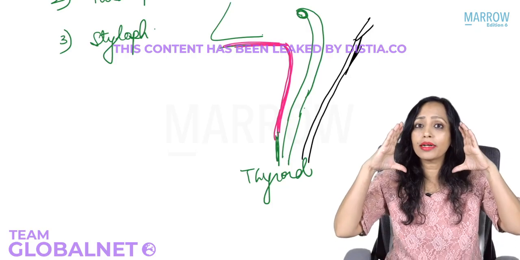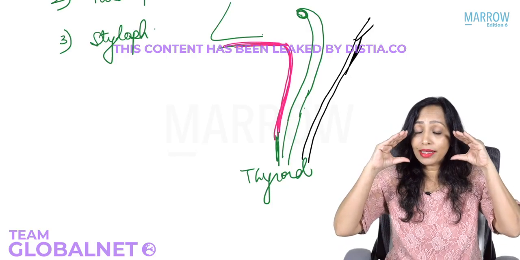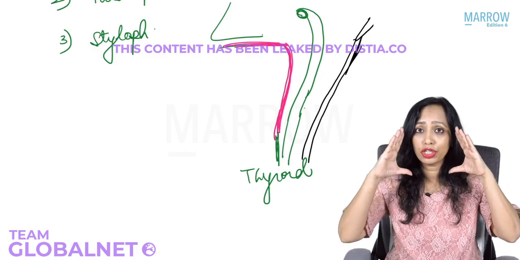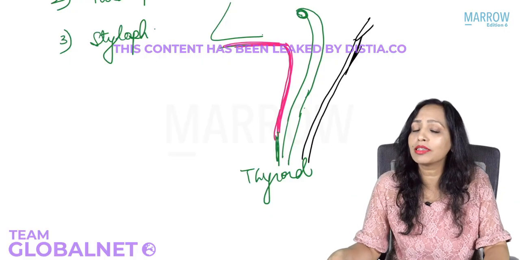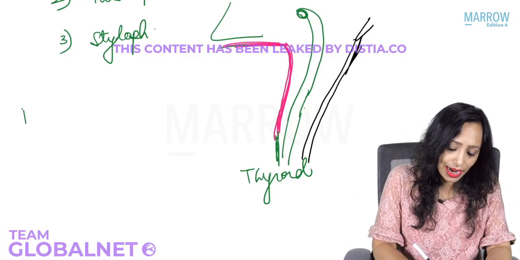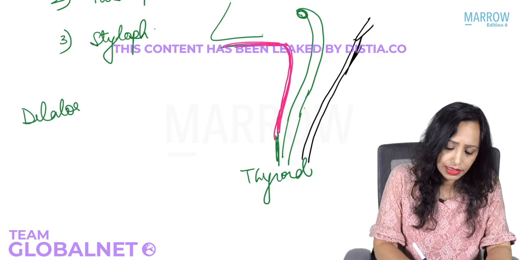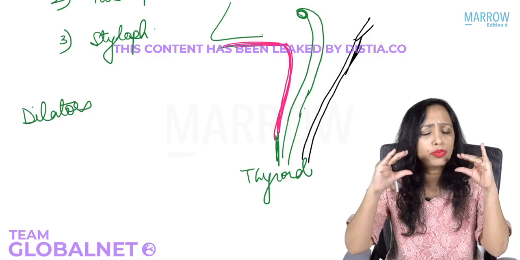So when they contract like this, can you make out what is happening to the pharyngeal tube? It is dilating. So the longitudinal muscles are also known as dilators. And what is the significance that they are dilating? Why does the pharyngeal tube need to dilate?